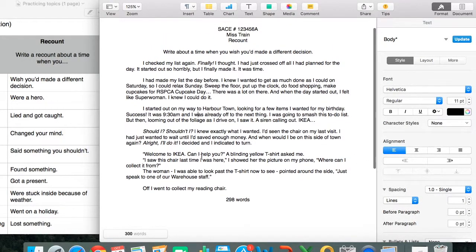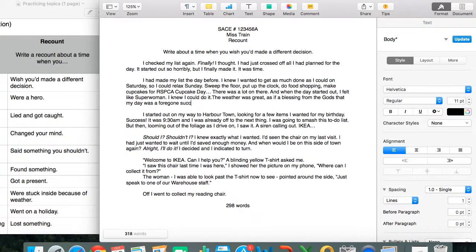Always keep an eye on the word count, and when you think you've reached the end of your time or words, make sure you go back and review for any spelling mistakes or grammar, or simply any style changes you wish to make. At the very end, I'd like you to write the word count at the bottom, and then you're done.